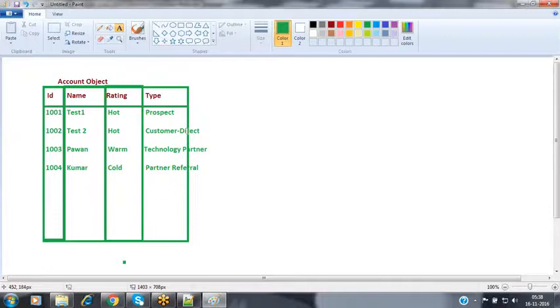Now these accounts are associated with a few opportunity records. When coming to the customers, these are the four customers I have right now: test1, test2, Pavan, and Kumar.